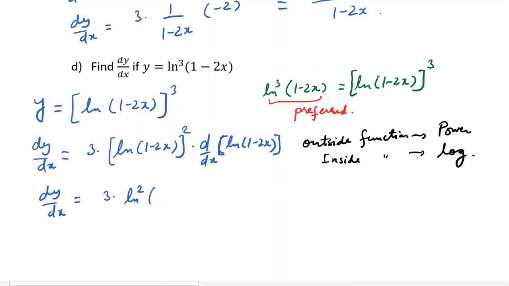I'm just going to write this in the preferred form, ln square 1 minus 2x, and the derivative of ln of 1 minus 2x with respect to x. Since inside the log we don't have x, we have a different algebraic expression, when we take the derivative, we need to use the chain rule. So we get 1 over 1 minus 2x, and by chain rule, the derivative of 1 minus 2x,